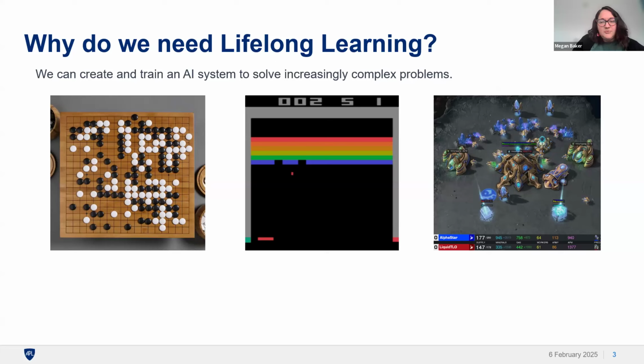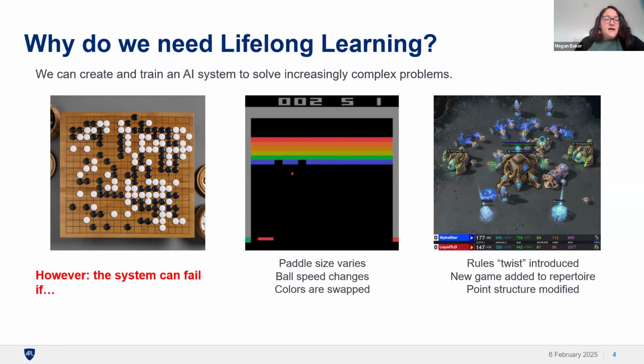So as we know, state-of-the-art machine learning systems are capable of playing games like Go, Breakout, and even StarCraft, and doing quite well, even beating human scores in some particularly focused tasks. And this is extremely impressive. I mean, Go, for example, is a relatively simple game, and it's got an incredibly vast set of possible board configurations. So the fact that we can even do this is remarkable, or even playing a complicated world domination game like StarCraft is very impressive.